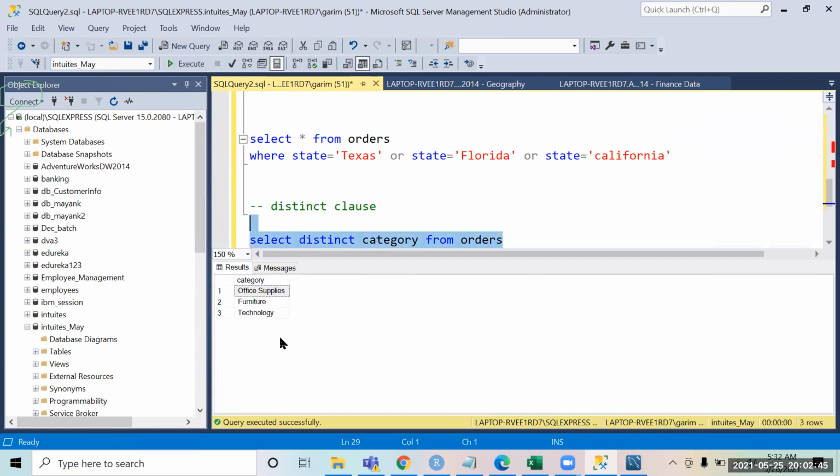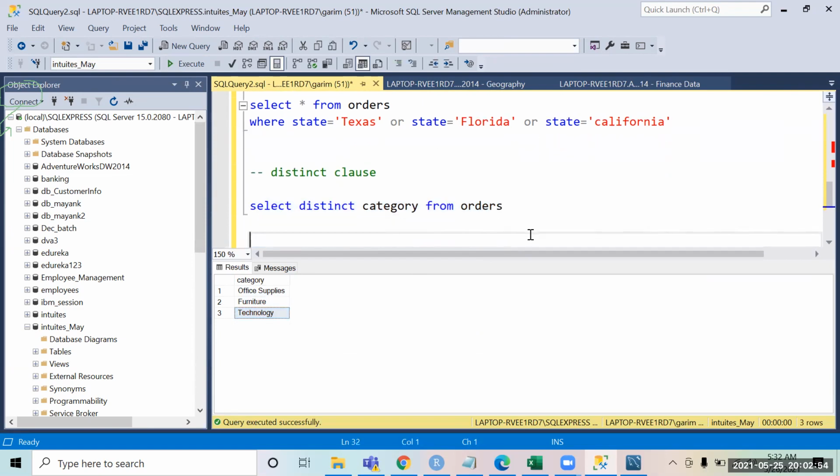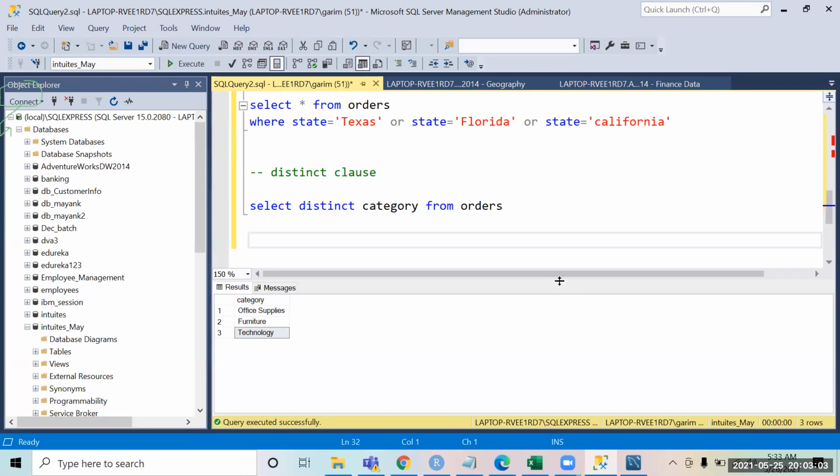So you have three unique categories: office supplies, furniture, and technology. And you can see their names.